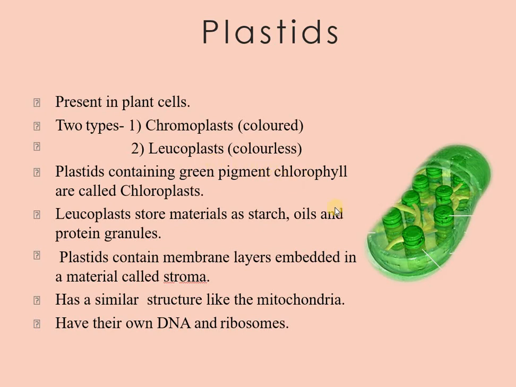Now let us talk a little bit about the structure, how the chloroplast looks. The chloroplasts of higher plants are usually spherical or ovoid or discoidal and may be lens-shaped as well. Each chloroplast is a vesicle bounded by a double membrane envelope and filled with a fluid matrix like the mitochondria.